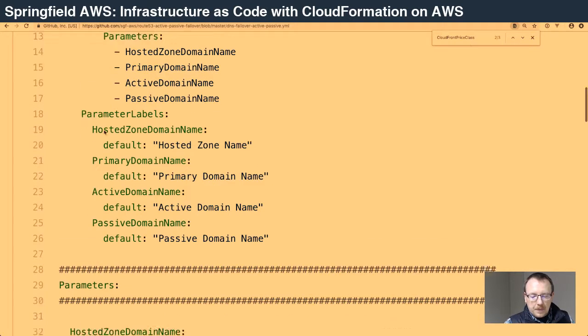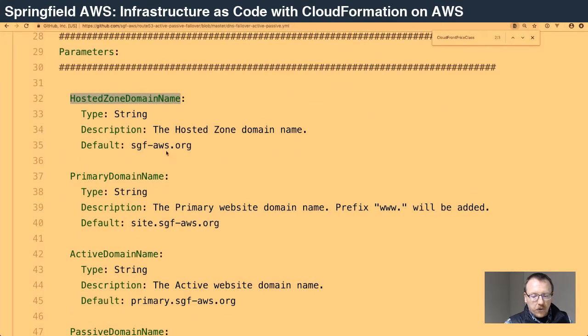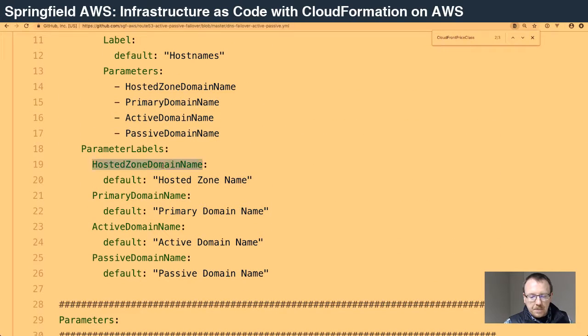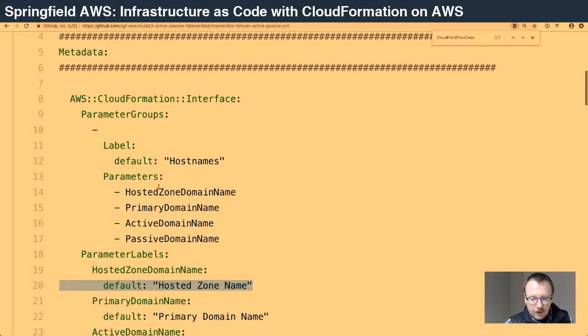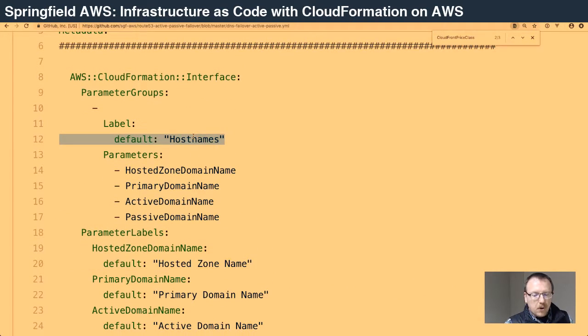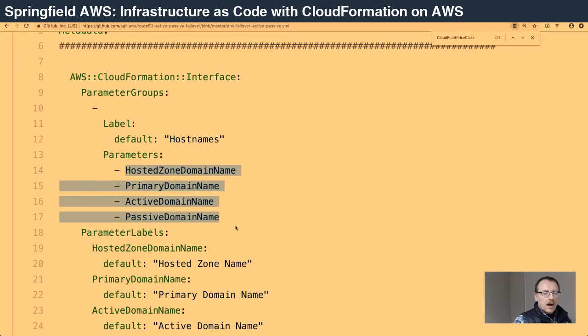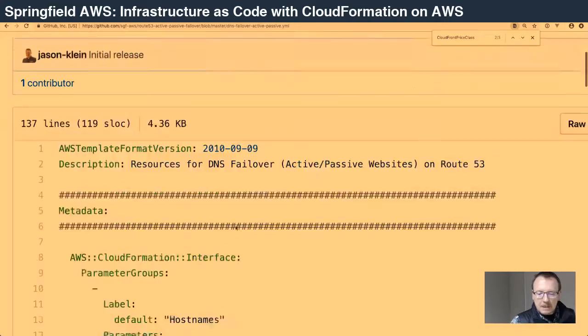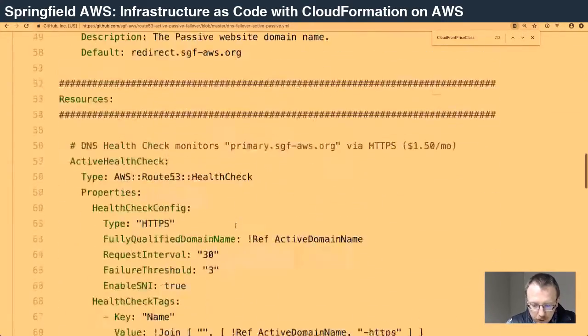So let's see. In this case, we have a parameter called hosted zone domain name. The pretty name for that is hosted zone name with spaces. We have a parameter group, and by grouping these parameters, I'm able to list them in a specific order. Otherwise, they're always listed alphabetically, which if you only have 2 or 3 parameters, works out fine. But if you get into some of these a little bit more complicated ones where you like to be able to override a dozen different settings, it's not real clear what goes with what unless you group them. But going down to the resources,